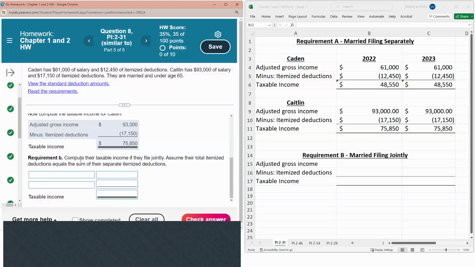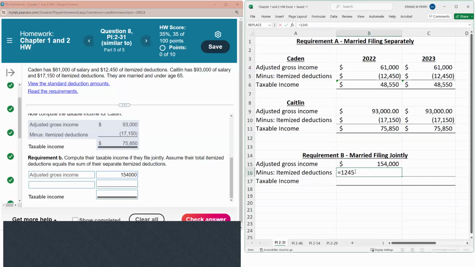So for requirement B, it says compute their taxable income if they file jointly. Assume their total itemized deductions equals the sum of their separate itemized deductions. So we start off with their adjusted gross income. And in such case, it's 61,000 for Caden plus 93,000 for Caden. So that gives us an adjusted gross income of 154,000. So now we compare itemized deductions of 12,450 plus